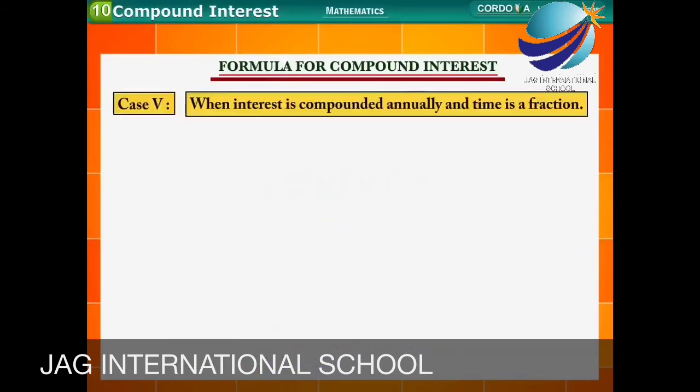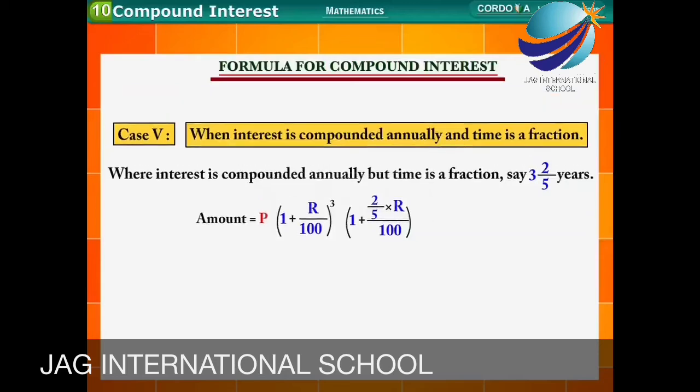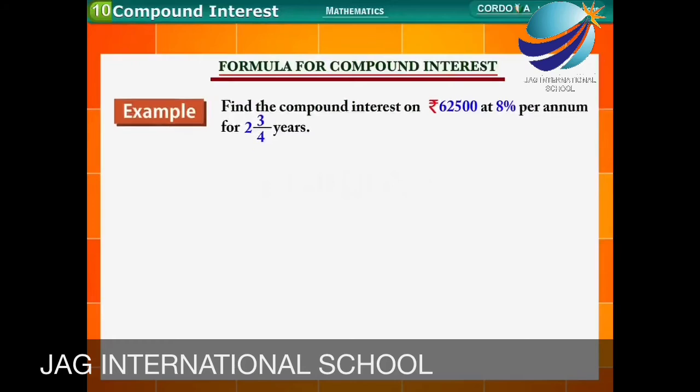Case 5. When interest is compounded annually and time is a fraction. Where interest is compounded annually but time is a fraction, say 3 and 2 upon 5 years, Amount is equal to P into (1 plus R upon 100) cube into (1 plus 2 upon 5 into R upon 100). Example: Find the compound interest on rupees 62,500 at 8% per annum for 2 and 3 upon 4